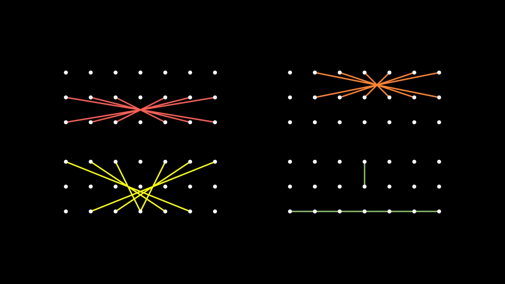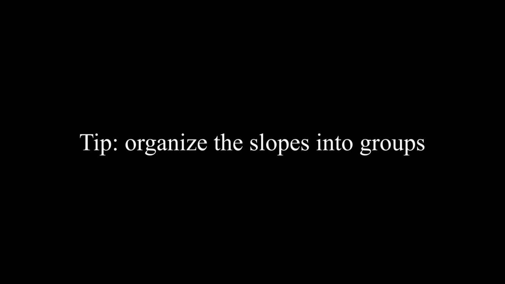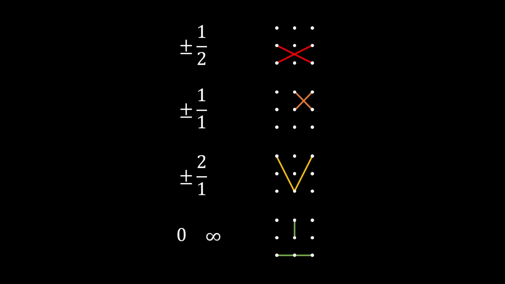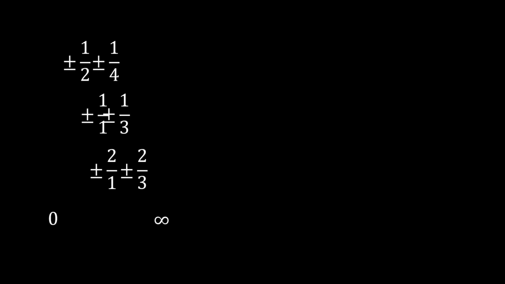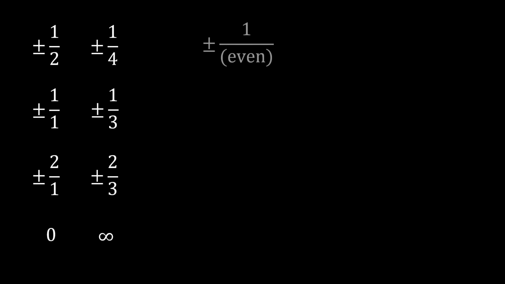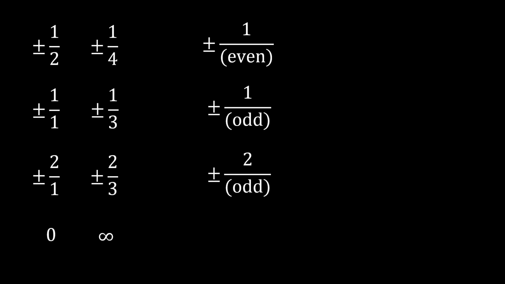What you just saw was a large portion of the proof done visually. We made a formula that generates max complexity patterns for all 3 by odd number grids. The difficulty of finding it may have been different from person to person, but I think it becomes a lot easier if you organize the slopes into groups. If you look at the hint, these are the slopes for each color. Organizing slopes of bigger grids, for example, these slopes from a 3 by 5 grid, may look like this. The groups are 1 over even numbers, 1 over odd numbers, 2 over odd numbers, and 0 and infinity.